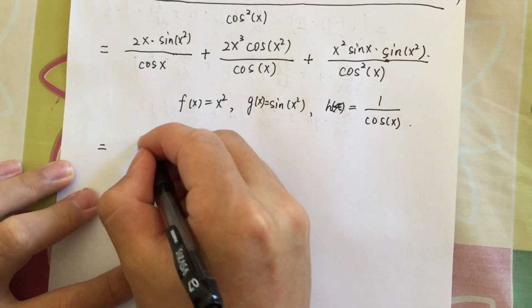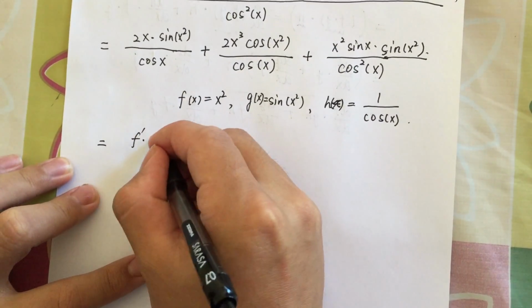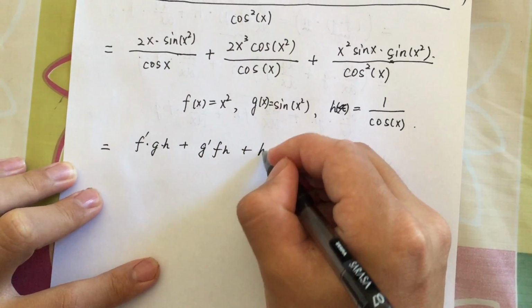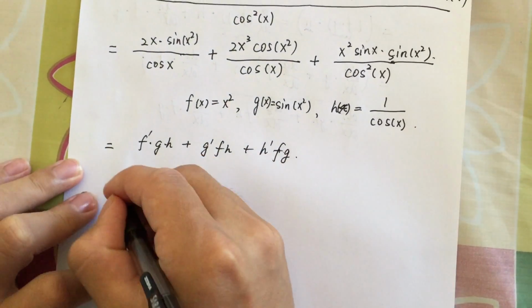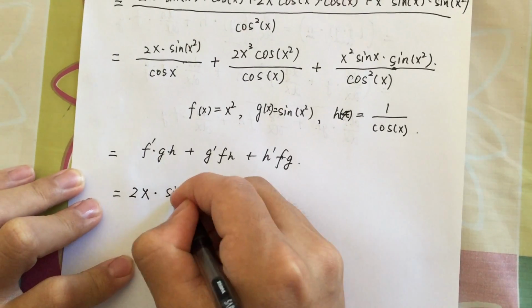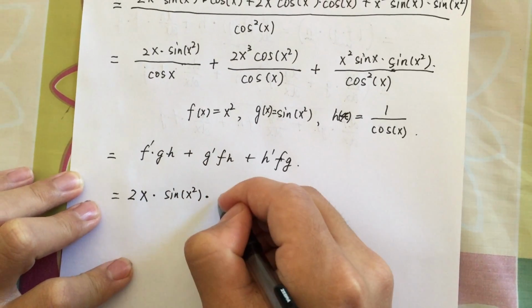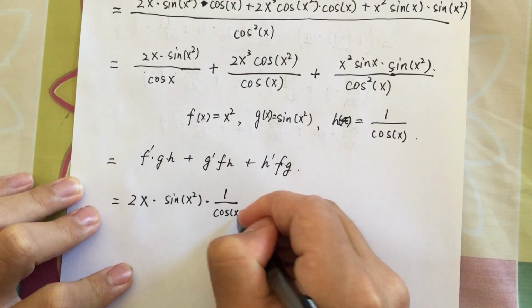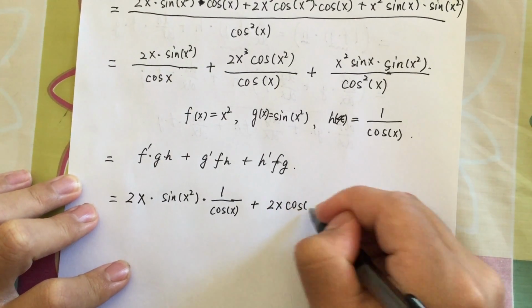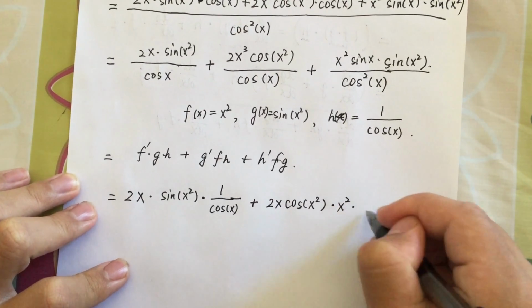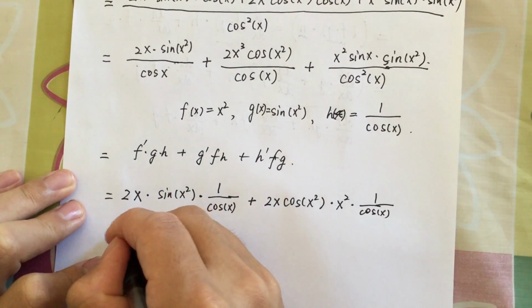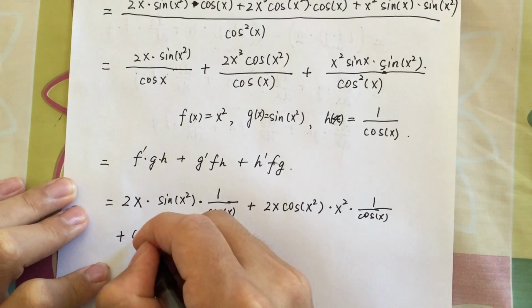And using this, we have f prime gh plus g prime fh plus h prime fg, which is 2x times sine x squared times 1 over cosine x, plus 2x cosine x squared times x squared times 1 over cosine x, and also we have the negative